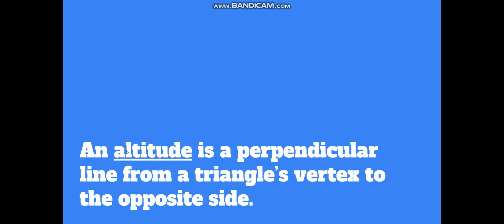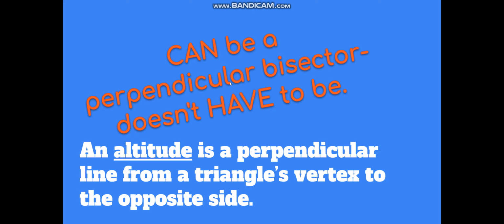In our lab, this has not been explicitly put anywhere in your notes. You might want to make a note of this here, or maybe on your very nice handy vocabulary sheet. An altitude is a perpendicular line from a triangle's vertex to the opposite side. Okay? But it can be a perpendicular bisector, but it doesn't have to be. It does not actually have to meet the definition of perpendicular bisector. We're going to see some altitudes that are not necessarily